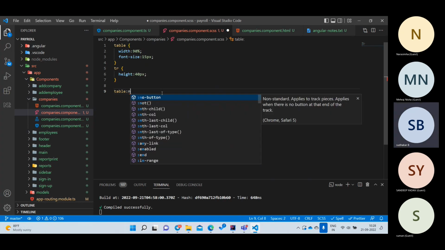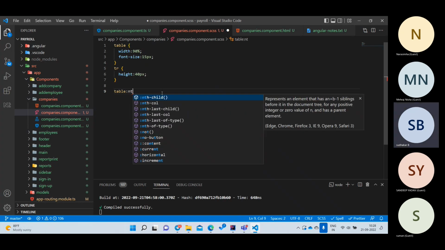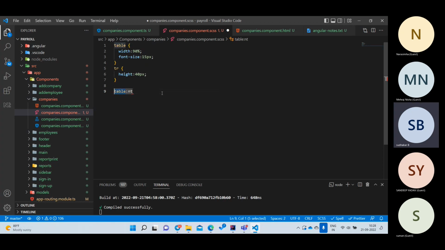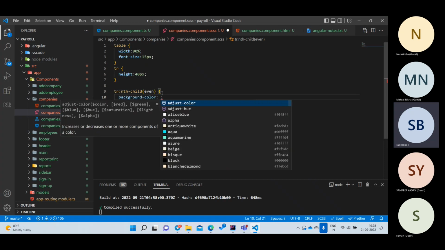Colon. Don't apply it on table. You need to apply it on tr, right? Okay, apply on tr. And the child, even or odd. Okay, I'll say background color is equal to